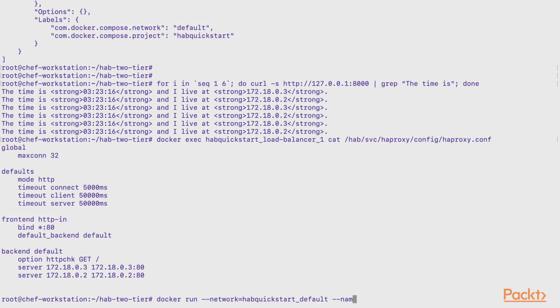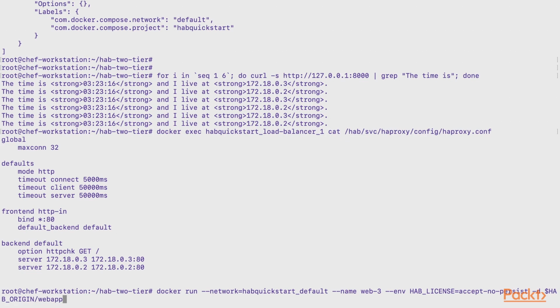And if any environment variables have to be set up, we can give those, like accepting the Habitat license. You would give the image with which it should come up and the peer of this particular container. Like for 1 and 2, we had mentioned the peer. The same way, I'm saying the peer for web 3 is web 1. So it understands that I'm in the same lot of containers, or same fleet of containers. So I'm giving the license and the image, and finally I give the peer container ID or name, and execute this.